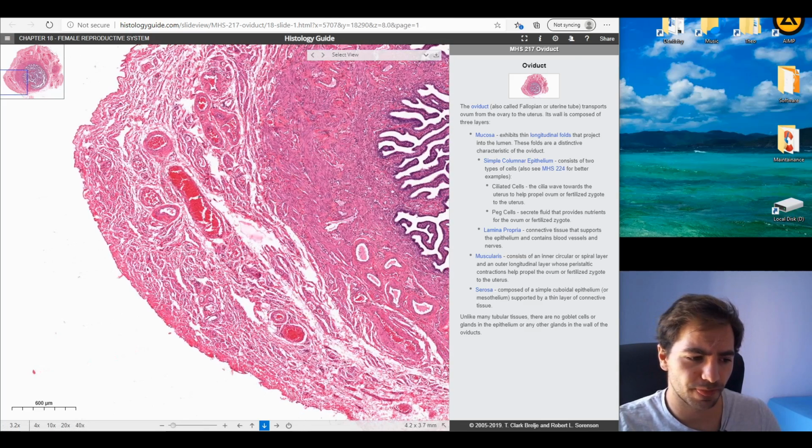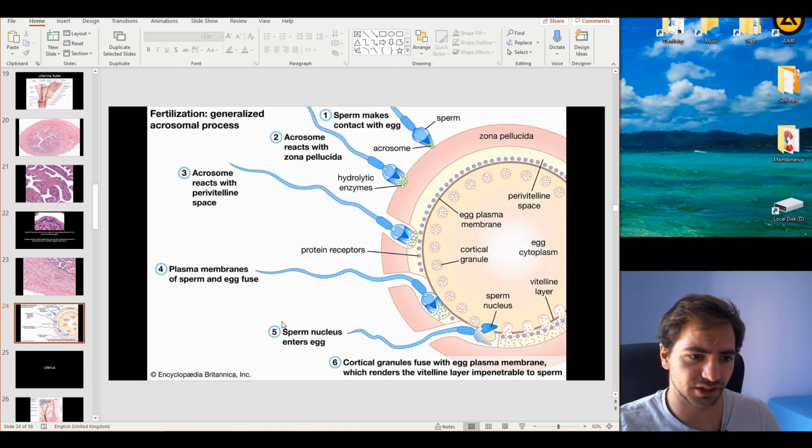So let's move on. Next up, we're going to talk about the fertilization events. Now, the first event that's going to happen, after the ejaculation, is the sperm attachment on the zona pellucida. In this case, we're going to have the acrosomal activation. Now, the acrosomal activation process is going to be the release of hydrolytic enzymes that penetrate the zona pellucida and eventually reach the